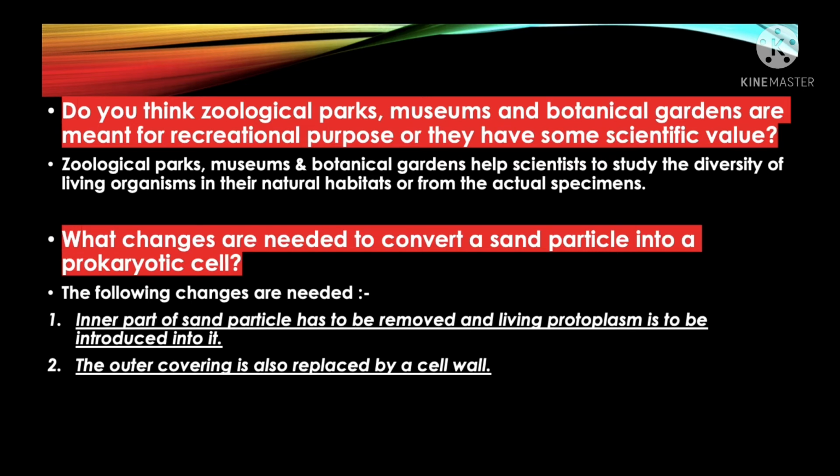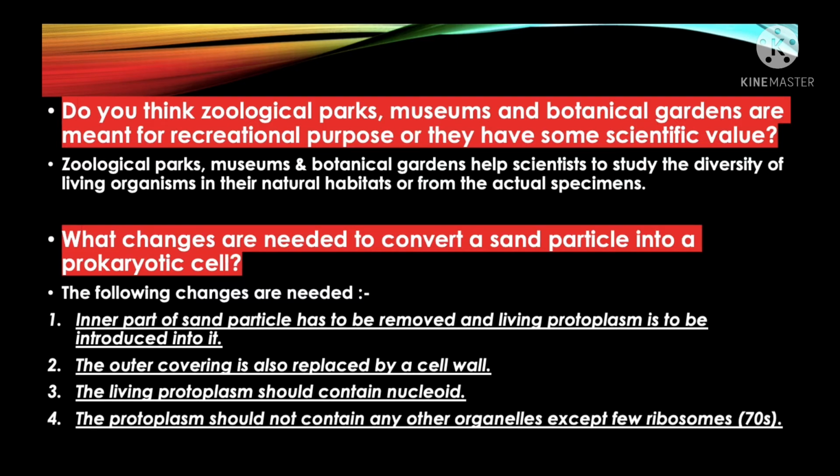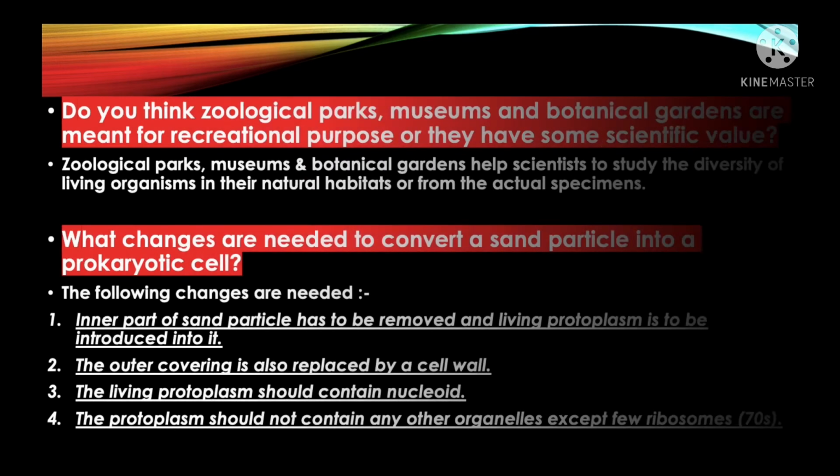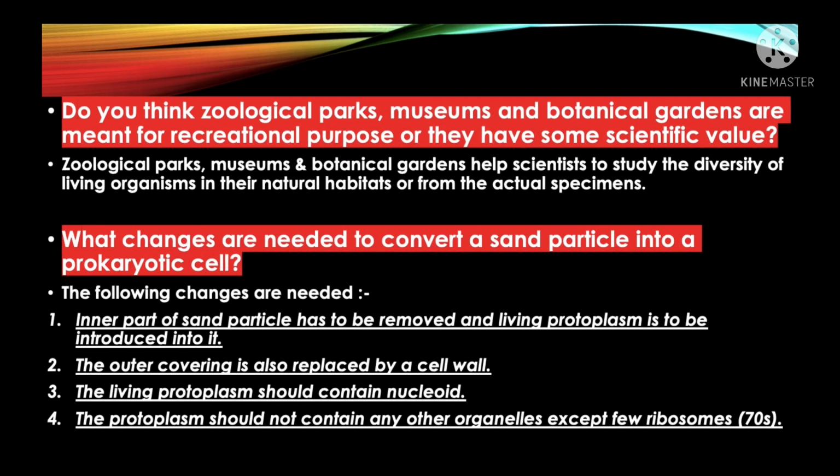The outer covering is also replaced by a cell wall. The living protoplasm should contain a nucleoid. The protoplasm should not contain any other organelles except a few ribosomes, that is 70S. So, this is all about the changes which are important to change the sand particle into a prokaryotic